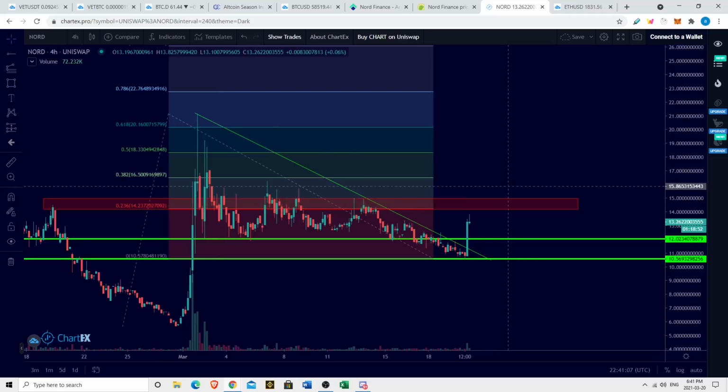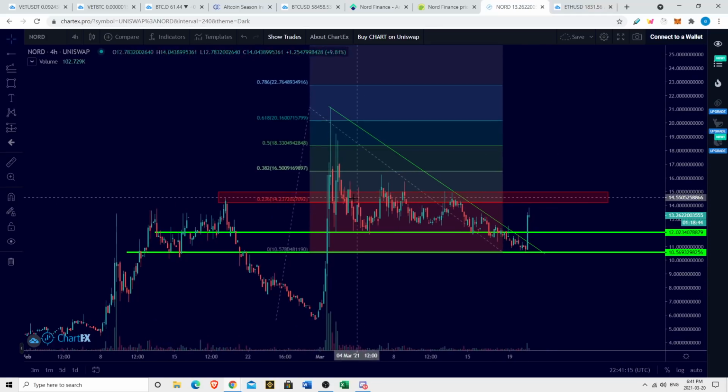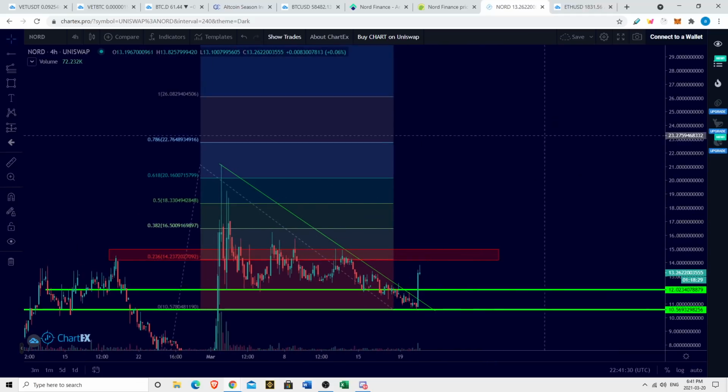to about $15. Okay, our Fibonacci extension here from the bottom of the impulse to the top, then the bottom of the retracement gives us some support and resistance levels that will be relevant. The 0.236 is just right around $14.20, $14.25. So if we can get above this fib level and the price reactive zone of $15, a psychological level, if we can get above that and hold that, I think this is a very good chance of